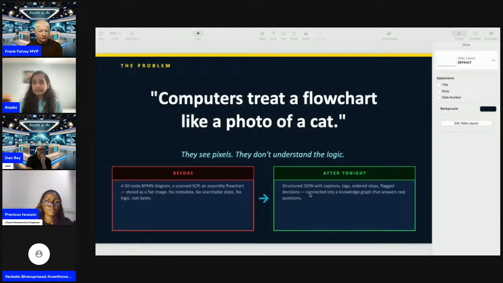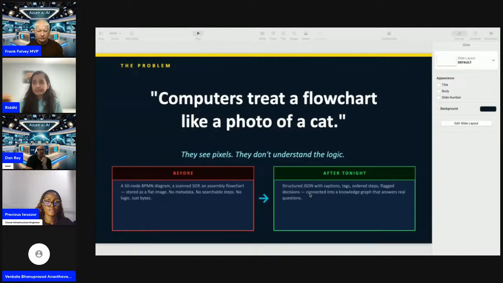So let me start with what digital asset management in manufacturing is. DAM is a term that is used left and right in manufacturing, which is basically organizing, storing, and retrieving rich media assets, managing permissions, metadata, and rights at scale.